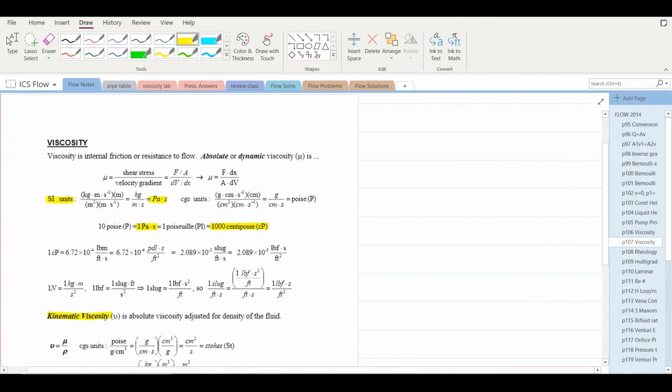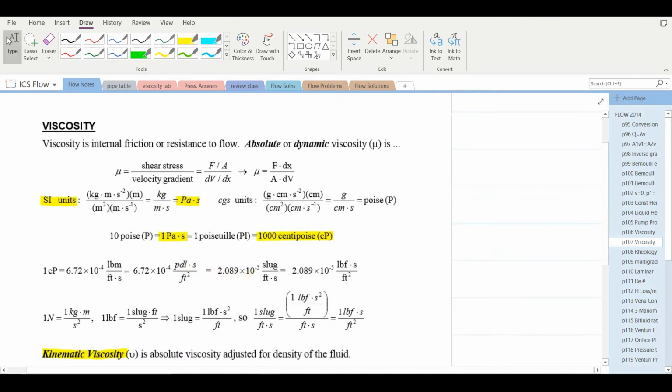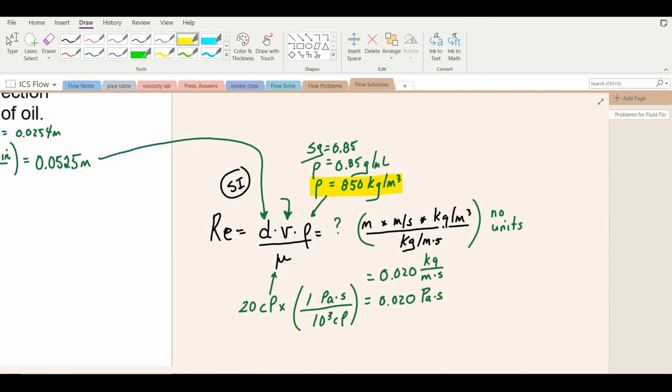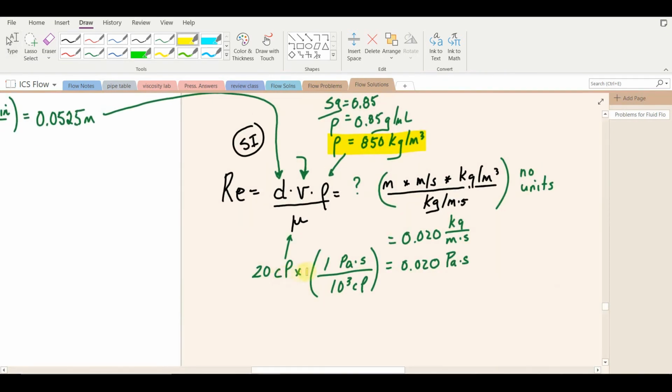Take a look at the flow notes. Here we're told that the SI unit for viscosity is Pascal seconds, which is a kilogram per meter second. And we have a conversion factor from centipoise to Pascal seconds. So we have a value of 20 centipoise. If we divide by 1,000, that should give us the viscosity unit in the SI system. So here I have 20 centipoise divided by 1,000 centipoise per Pascal second gives me 0.020 Pascal seconds, or 0.020